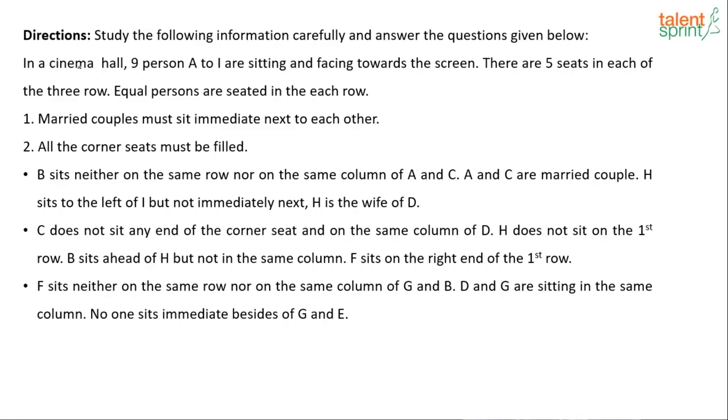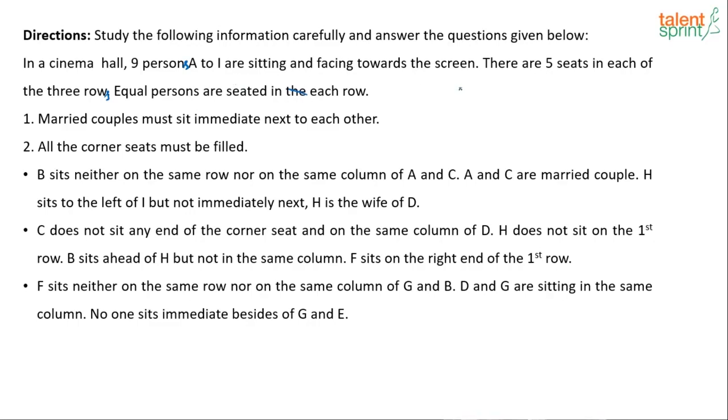Here we go. So here's an interesting puzzle which says, in a cinema hall, 9 persons A to I are sitting and facing towards the screen. There are 5 seats in each of the 3 rows. Equal persons are seated in each row. So basically he's talking about a cinema hall where we have 9 persons A to I who are seated